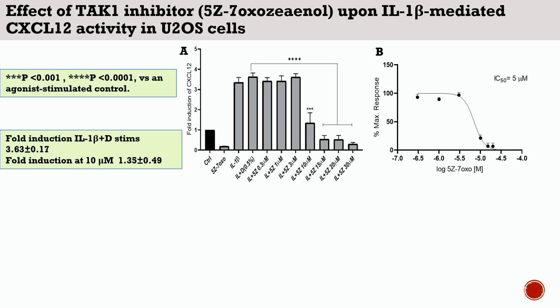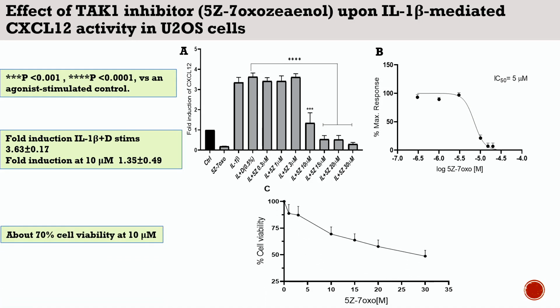Moving on to testing the 5Z-7-oxo in the reporter assay, the inhibitor inhibits the CXCL12 activity, as we can see in this figure, at mid to high concentrations, with the effect starting at 10 micromolar, and the IC50 was about 5 micromolar. I was concerned due to this concentration. I was concerned about the cell viability, so I did the MTT assay, and I found, as you can see